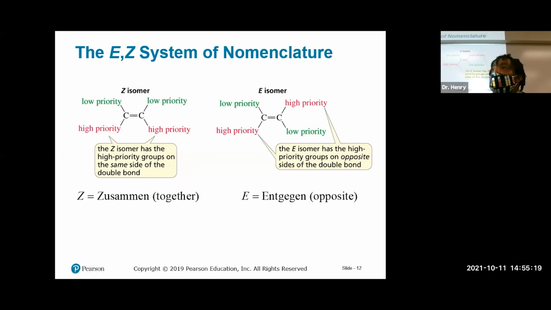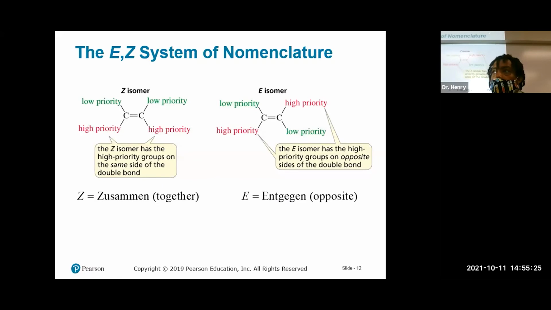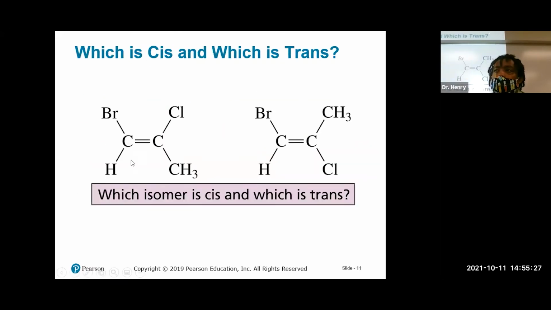So in this situation, although these are halo groups, they are considered to be slightly higher priority than this side chain. Even though these are alkanes and these guys are alkyl halides, we put them in terms of functional groups. These guys would fall just slightly above these guys, and then of course above hydrogen.